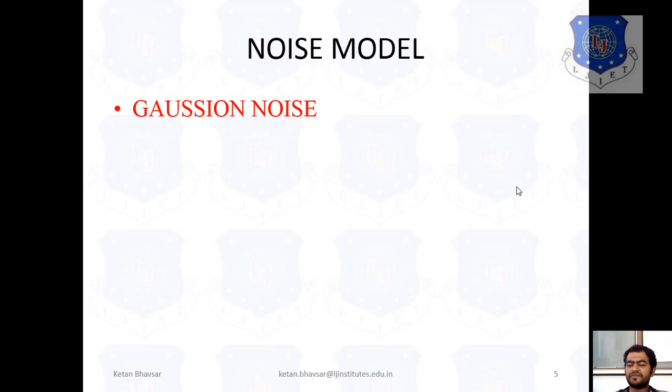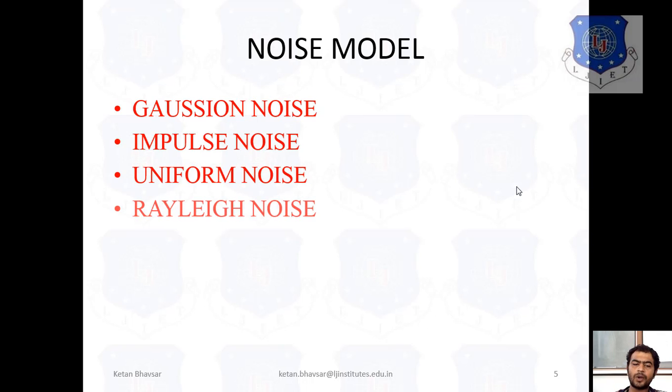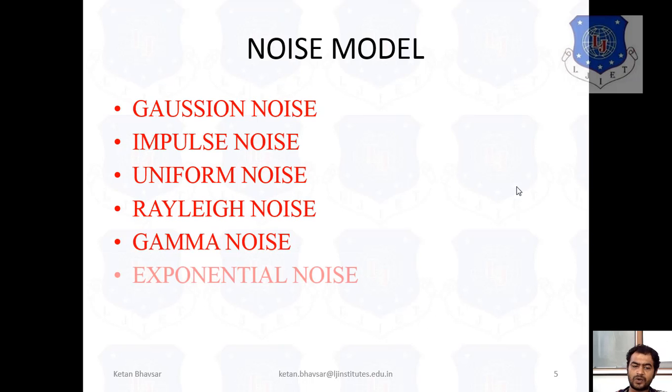There are different types of noise models that we have to study in this chapter: Gaussian noise, impulse noise, uniform noise, Rayleigh noise, gamma noise and exponential noise. We have to study these noises in this noise model, and how each noise actually affects our images, which we will show in mathematical form. So now we start with